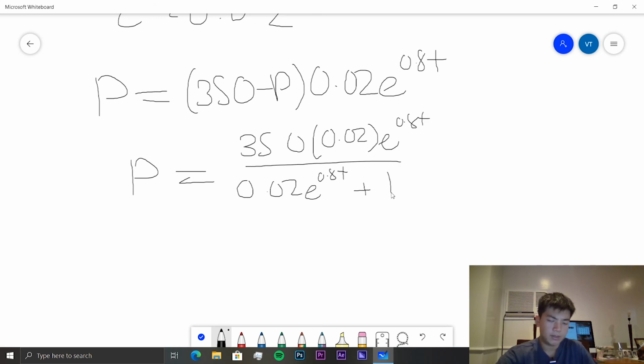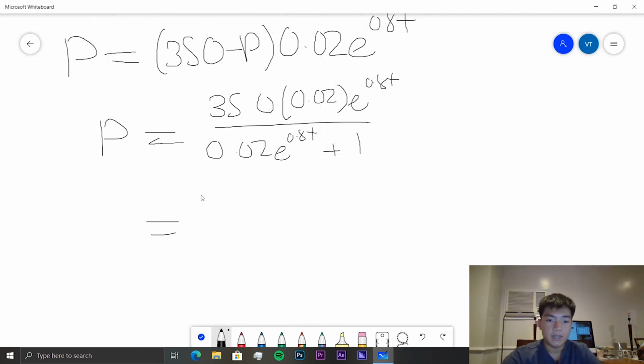Yeah. But then we can convert this by multiplying everything by 0.02 into 350 times e to the 0.8t, and